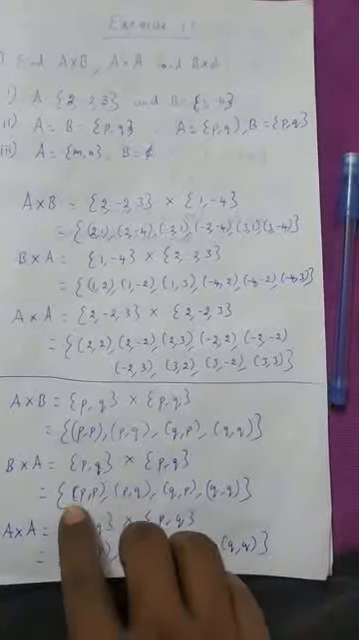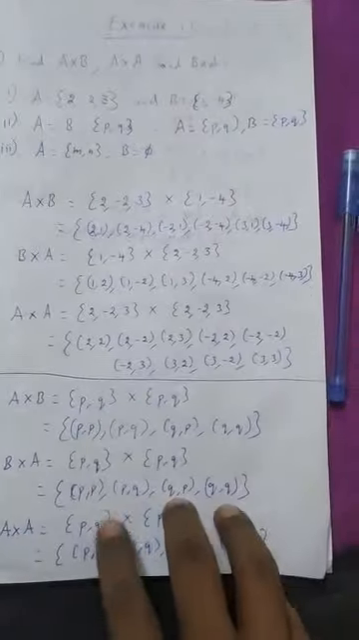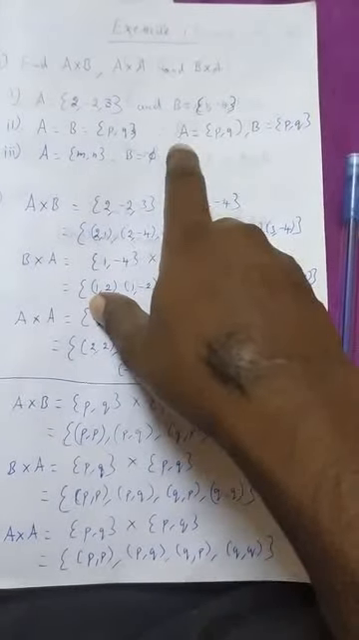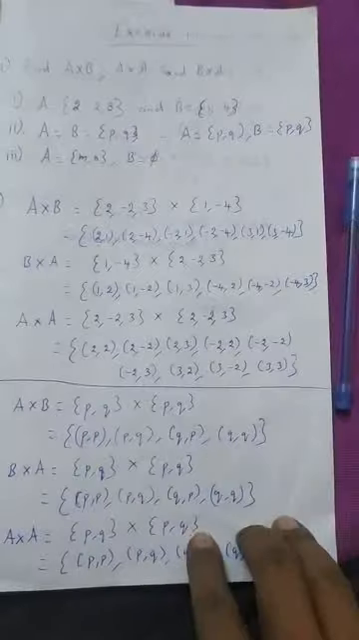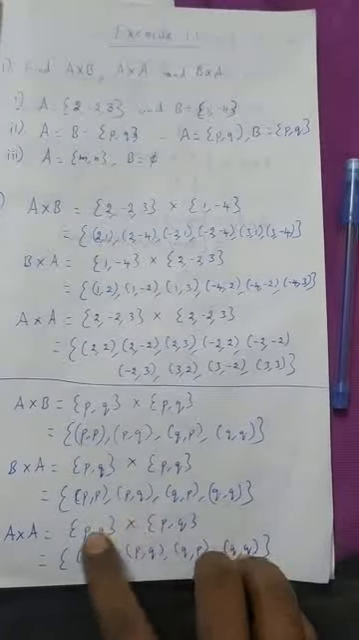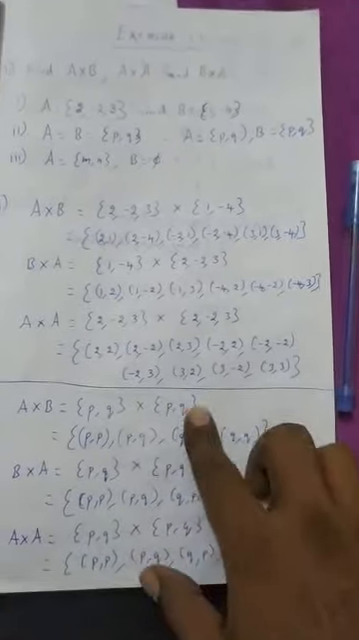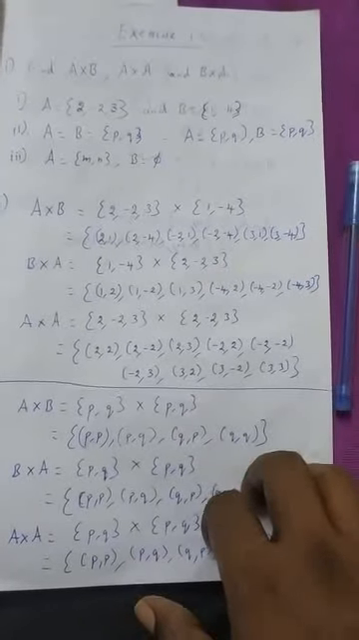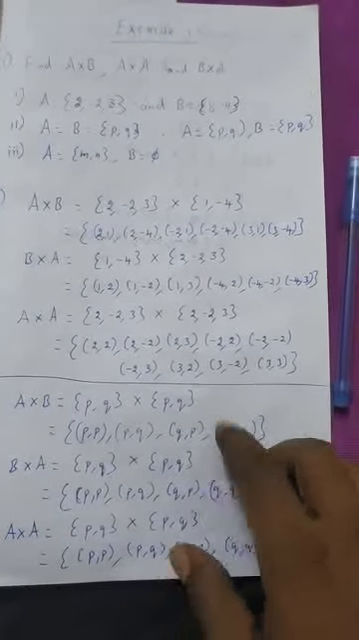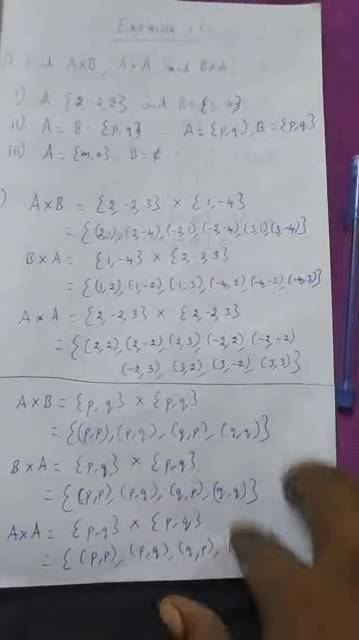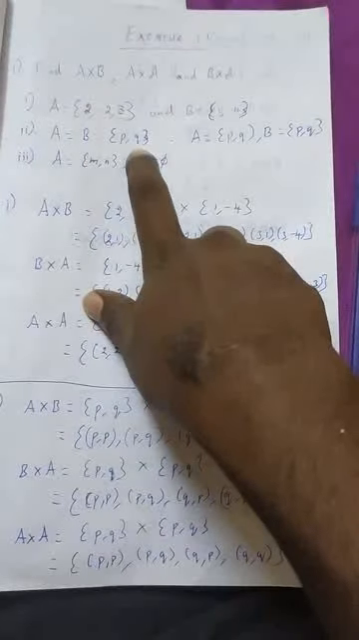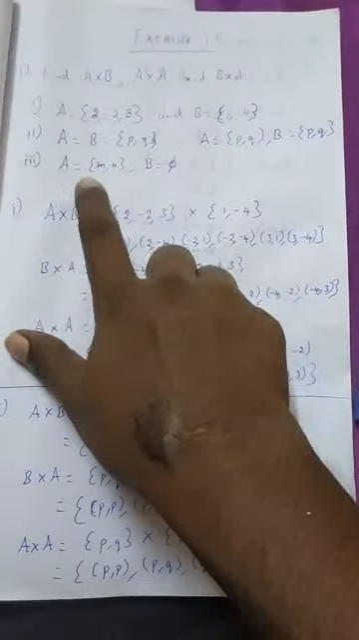Finally A cross A. What is A? {p, q} cross again A, which is {p, q}. So the same answer: (p,p), (p,q), (q,p), (q,q). For all the Cartesian products we have the same answer here, right? Because of the same elements. And the final question is